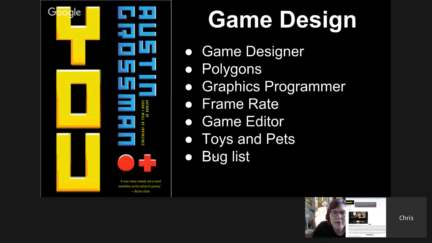The bug list is what you see in a lot of different places in programming and coding. This is simply the things that happen, things that go wrong, whether it's a result of bad code, conflicting code, or just the user doing a different command than what the programmers first intended.